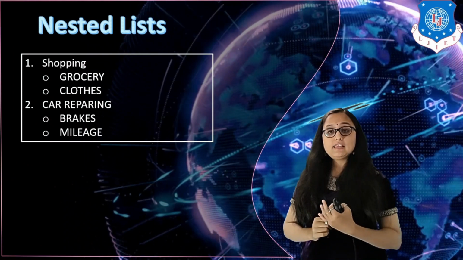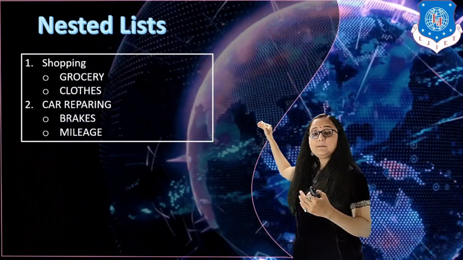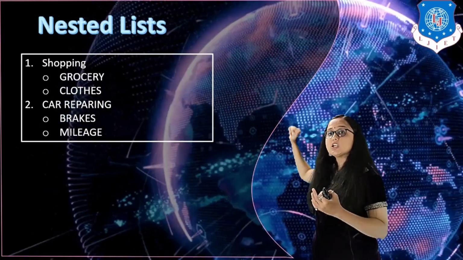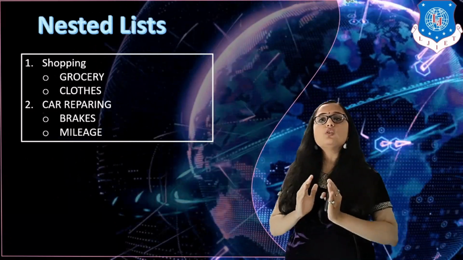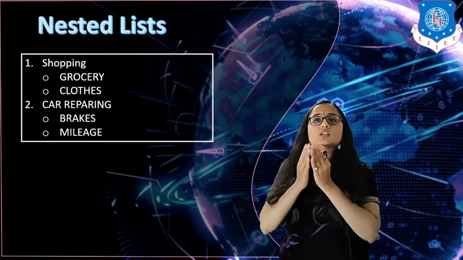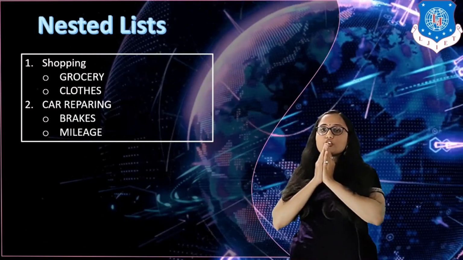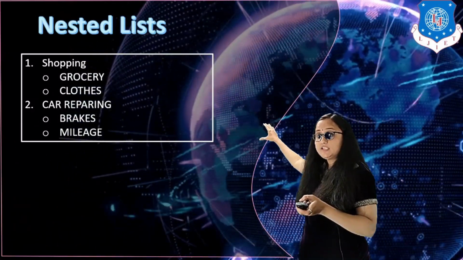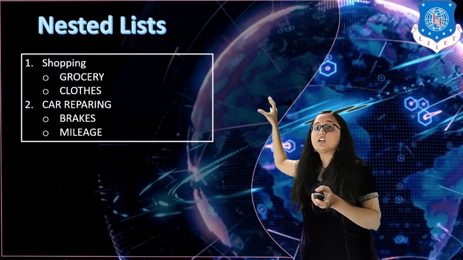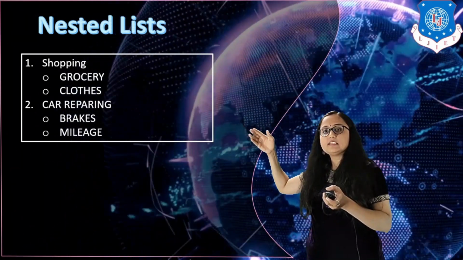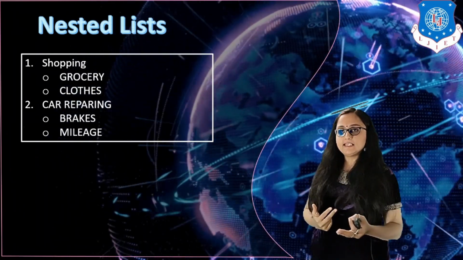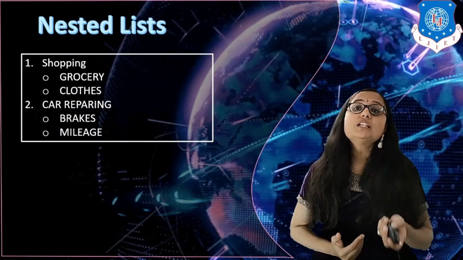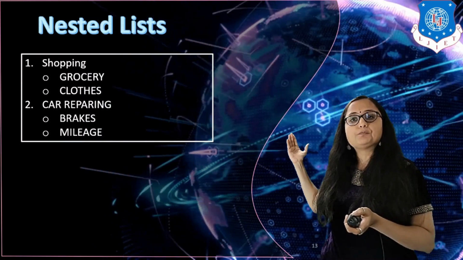Now you may wonder that by default the type of bullet that we get in an unordered list is disk. Then why have I written circle? Because whenever you apply nesting to a list, it will change the bullets. It means if your bullet is disk, and this is the second level of nesting, because the unordered list is basically displayed inside some other list, so the nesting level is second level. So whenever you change the nesting level, the bullets that are by default specified in your HTML browser will also change. So it is changed from disk to circle. Okay.